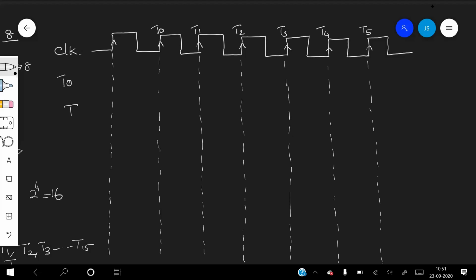The timing signals T0, T1, T2, T3, T4, and the clear control of the sequence counter.